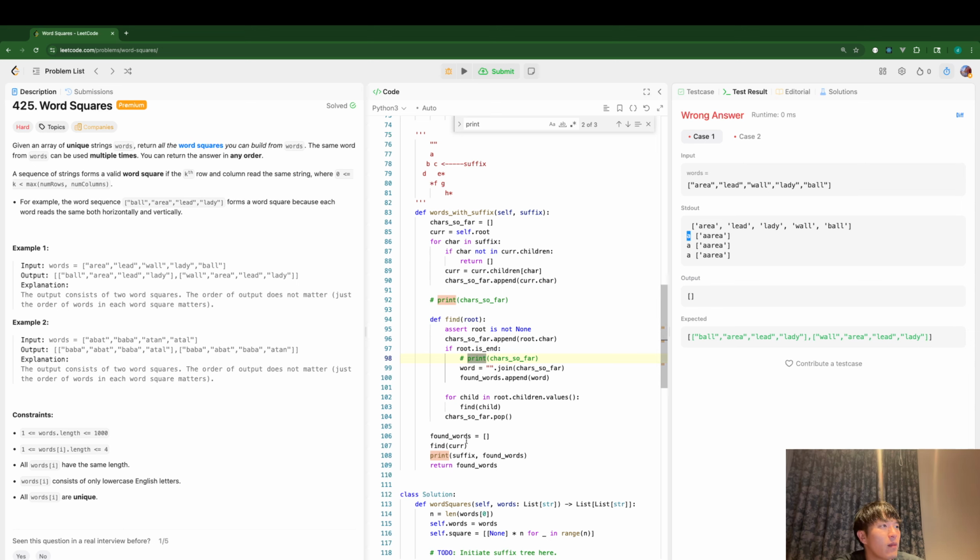Okay, I see. So after finishing the suffix traversal for the suffix string, it is at the A position. And then the next char I have to append to the child suffix list is the next char. So I have to